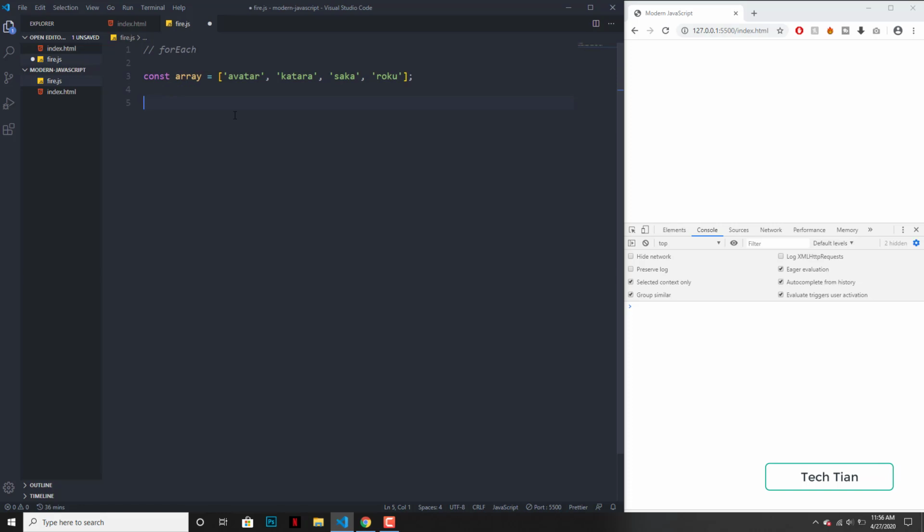So what I want to do is console log something, and every time I do that, it will work with these 4 items. So I can just write array, then forEach, and here I have to specify a function. So let's just write random function,